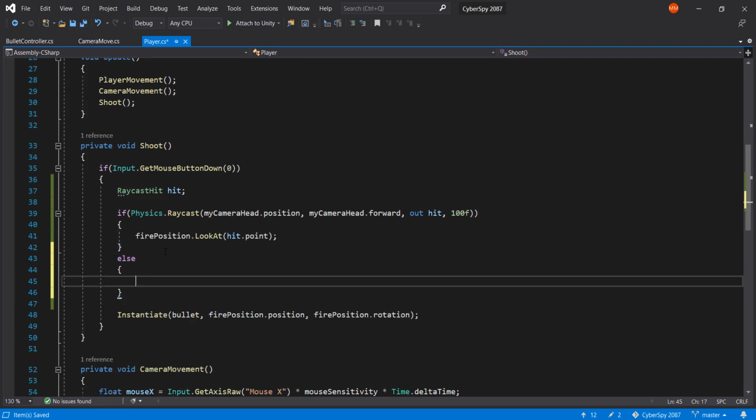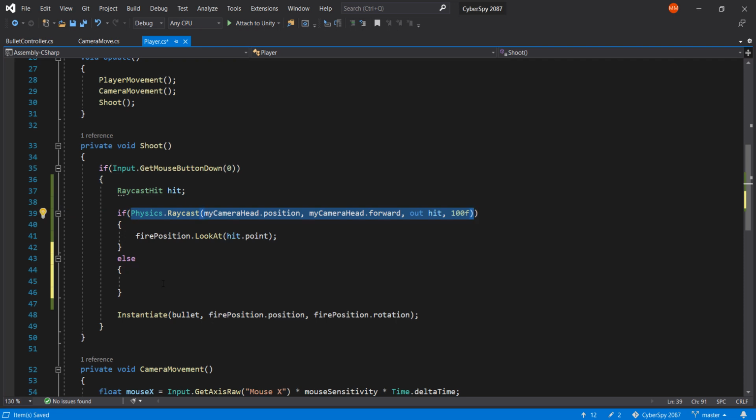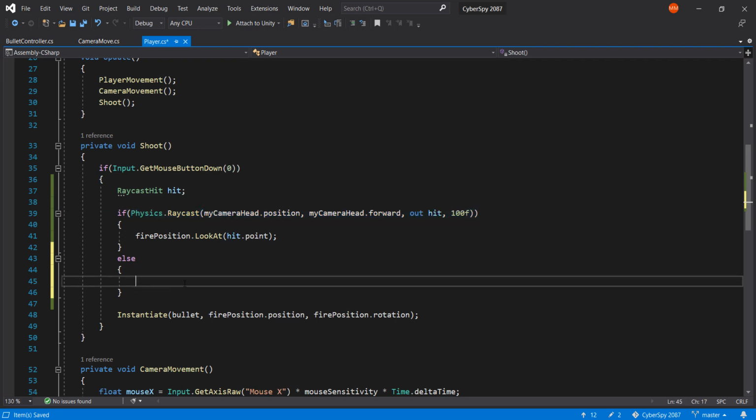This means if we don't get a true value, so we don't hit anything, else we want our fire position to be looking at my camera head dot position, and we're simply going to be adding a bit of my camera head dot forward times